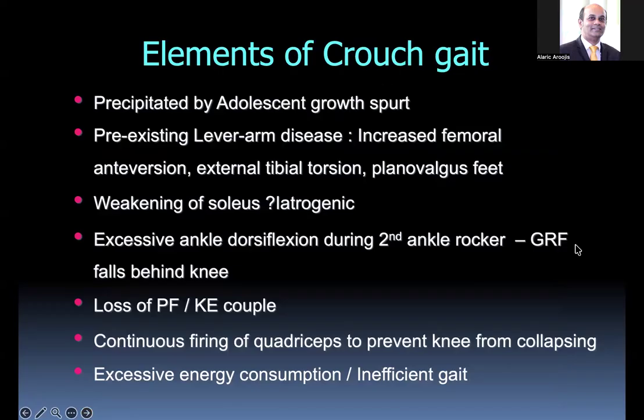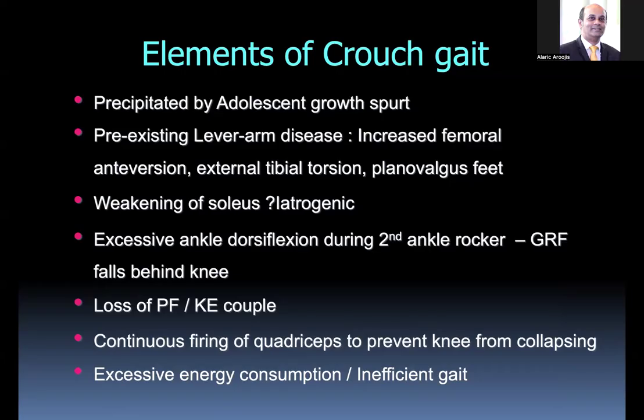It's usually precipitated by the adolescent growth spurt. Most of these children have a pre-existing lever arm disease, which is a combination of increased femoral anteversion, external tibial torsion, and planovalgus foot. And they have weak soleus, which is usually pushed by an iatrogenic lengthening of the gastrosoleus in children with diplegia. That's why we always say that in children with diplegia, think a lot before you do any sort of gastrosoleus lengthening. Even a simple Strayer can cause a lot of weakness of the gastrosoleus